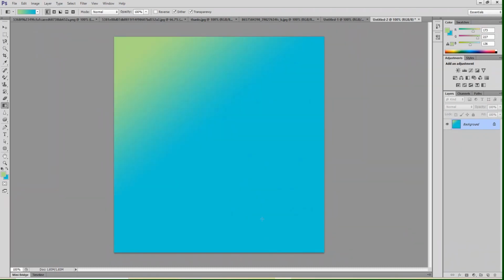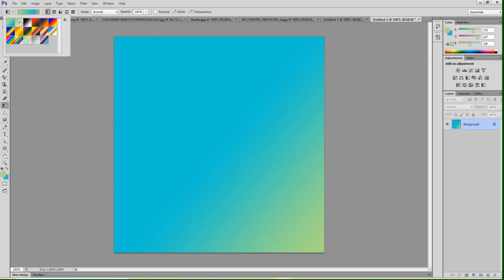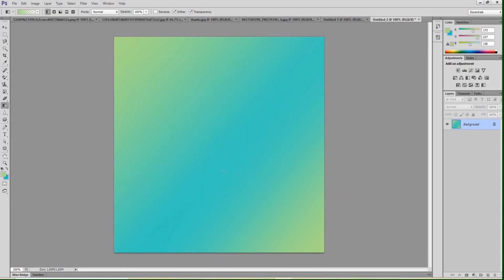To avoid that or to do something new with that, I can choose here gradient foreground to transparent. Now what will happen? The foreground color is filled in some area, then the rest of the area is transparent, and on that transparent area we can drag the mouse again to fill the gradient again. Now see, I'm filling this. Now see, the gradient has been filled in this area. Now this is the area, that is the rest of the area is transparent.